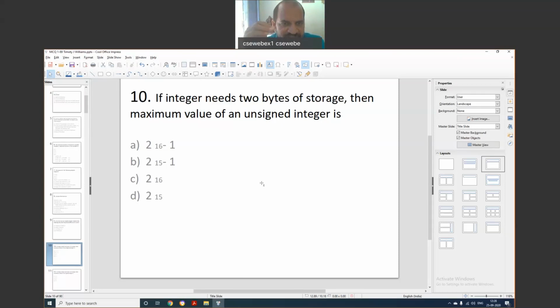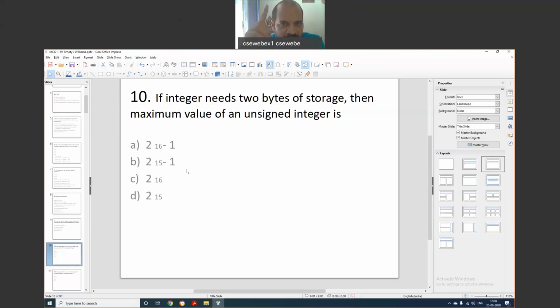Whereas if you have 16 bits, it is 2 power 16 minus 1. This small 16 is actually the power of 2. I think I'm unable to write it as a power here, so that's why it is written small. So 2 power 16 minus 1 is the right answer.